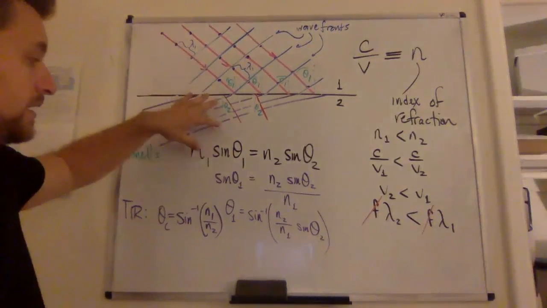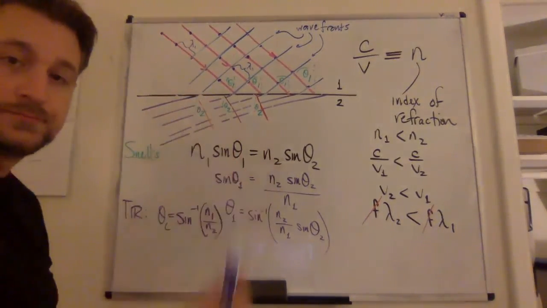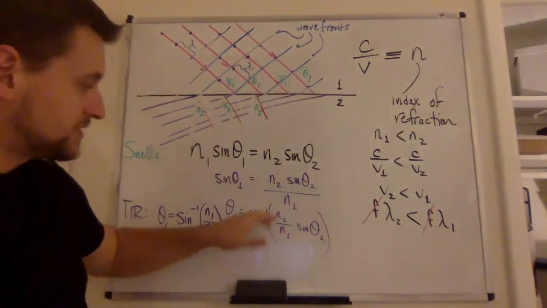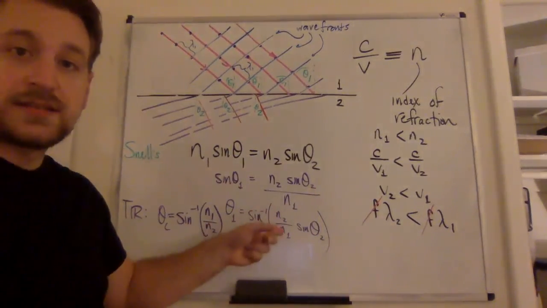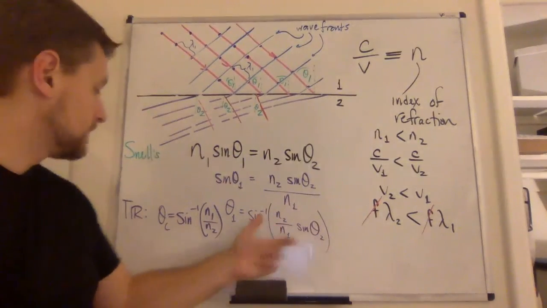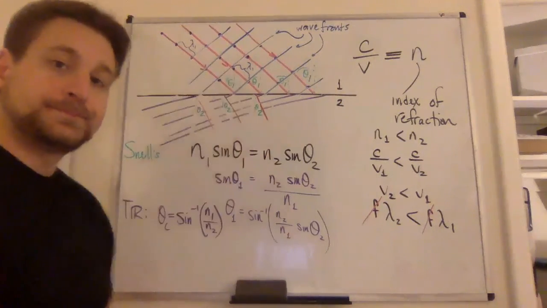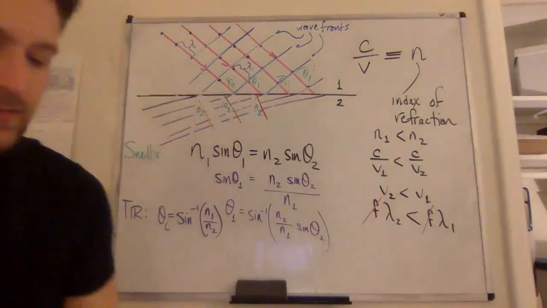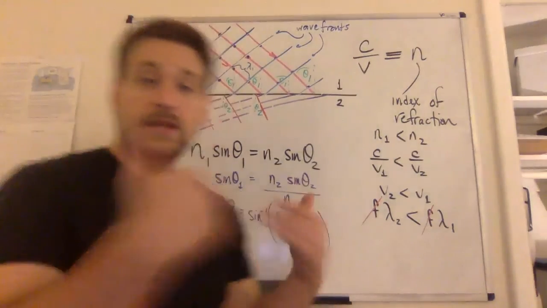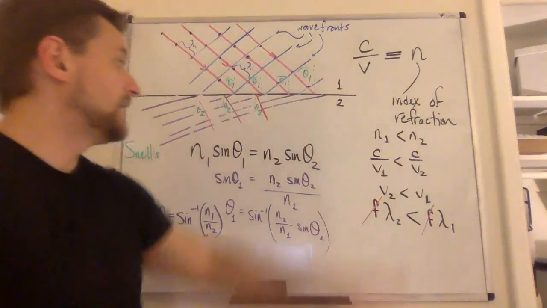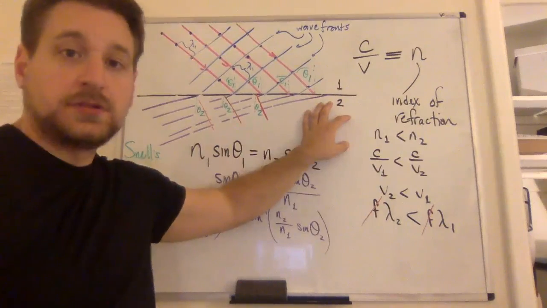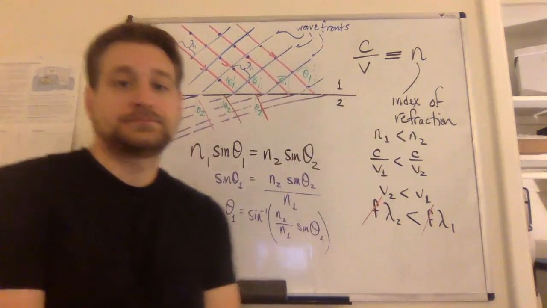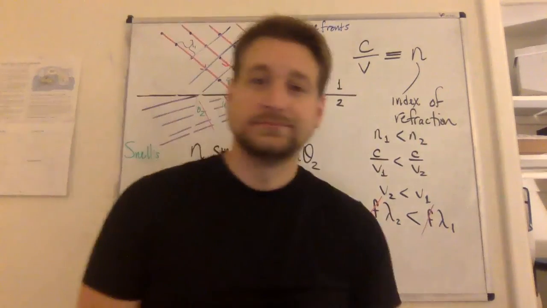If we're going from the one into the other, there's no problem. Because we're not solving for theta 1, we're solving for theta 2, which switches this around. That's always going to be less than 1, we're fine. It's only when we're going the other way. From a generally denser medium into a less dense. From a more refractive, larger n, to less refractive, smaller n. Okay, next segment.